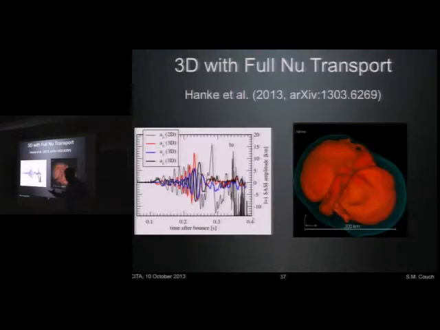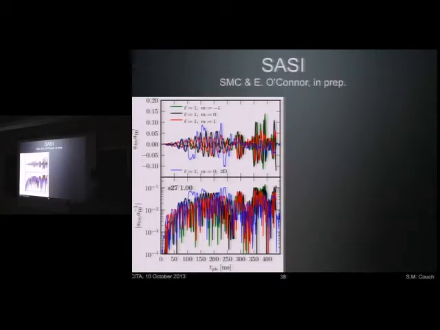Now, in the full transport calculations of Hanke et al., they find very clear evidence for the 3D standing accretion shock instability in their model. But it's an important point that it doesn't explode. So this is a model that has a relatively low amount of heating, which probably means convection's rather weak. And they see this epoch of SASI right here, and then the shock recedes to small radii. So we looked at this in our simulations of the 27 solar mass star, and we find clear evidence for actually 2 epochs of the standing accretion shock instability.